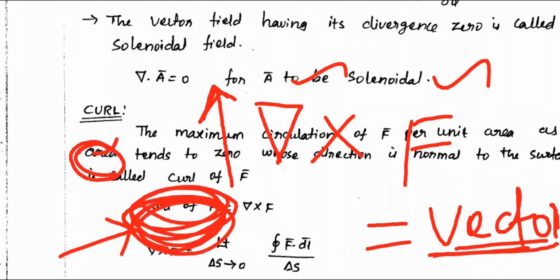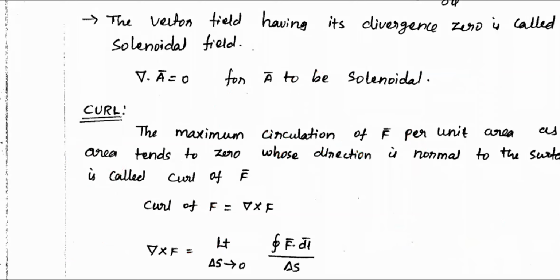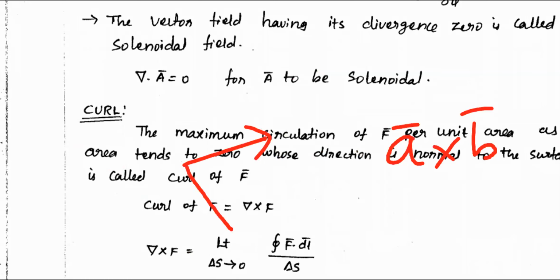In one class I told you, you take two vectors and make a cross product. You take one vector and another vector, and definitely you can make a plane, because a vector is a line and another vector is another line. If they are one on another, the angle between them is 0. But if it is not, definitely you can put them like this. It will lie on some plane.